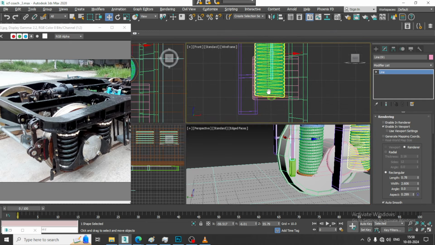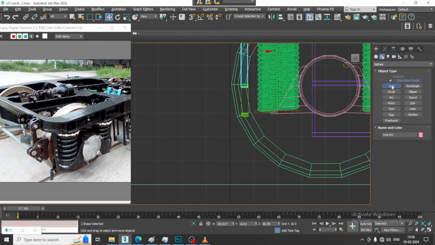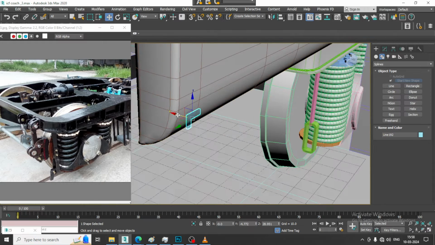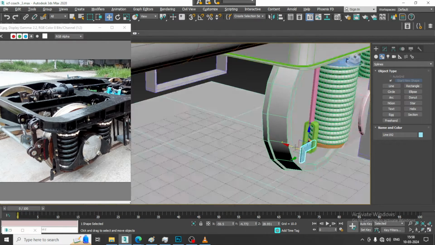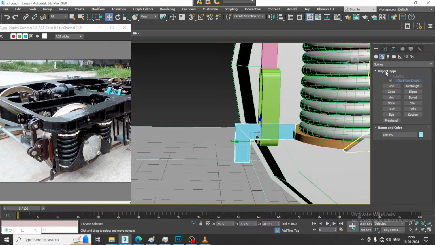So we are going with these details over here. Again, let's take a line over here in this way. So I'll just keep it over here in this way, and